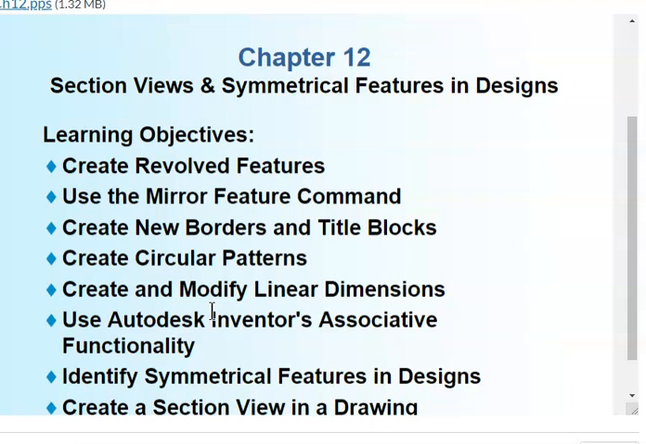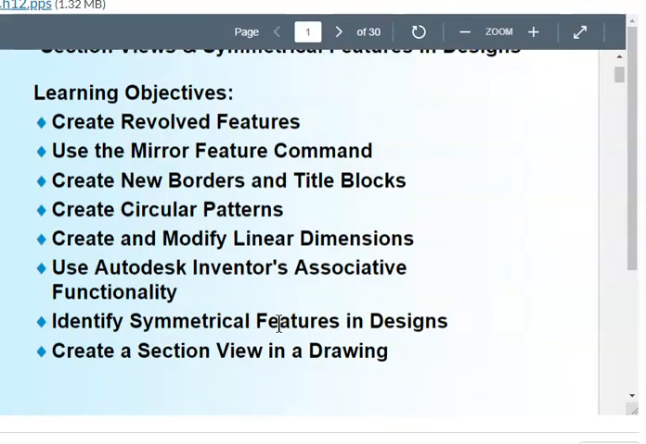We learned how to create a revolve feature. We use the mirror feature command. We create a new border and title block. We will also learn how to create circular patterns, modify linear dimensions, and create a symmetrical feature in design, such as the pulley example that we will work on in this